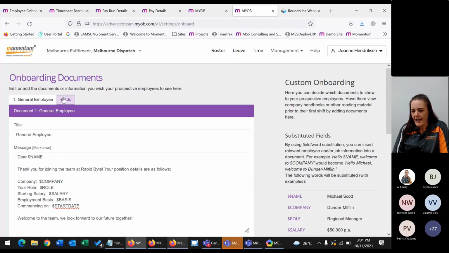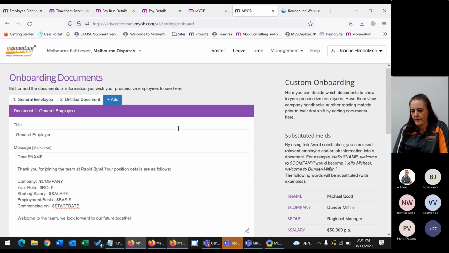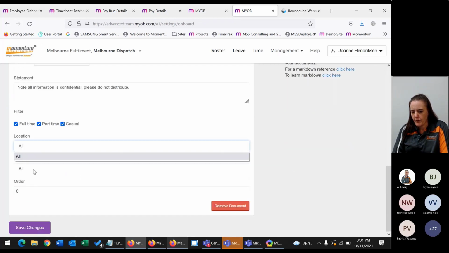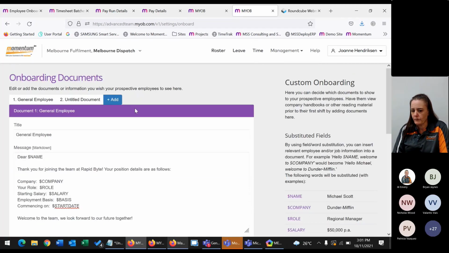You can then just go through and add as many of these profiles as you like. So if you had a different profile for each type of employee, then we would add in all of those different profiles for you. And then you would just select which profile you're actually doing based upon the actual employee positions. So these can be applicable to a location or to an individual position within the company.